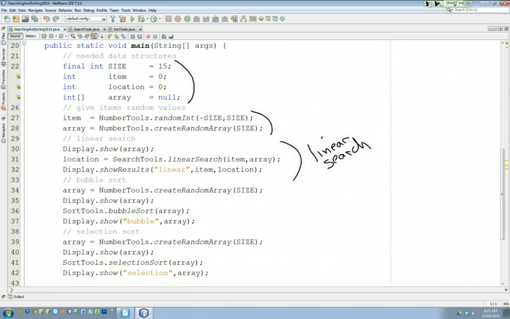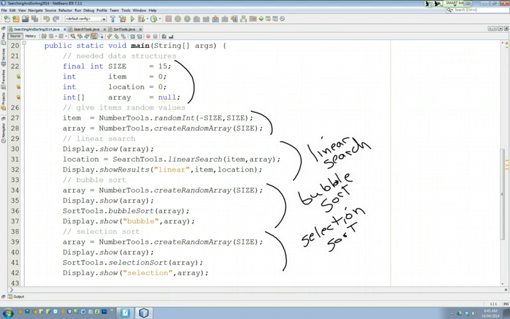Then we re-randomized the array and did the bubble sort algorithm. And the bubble sort is the simplest of the sort algorithms, though it's not the most efficient. Okay? And it's certainly not the most intuitive. Then we re-randomized the array and did the selection sort. Now the selection sort is actually the more intuitive algorithm. It's the way you would probably do it naturally. But the way we wrote the selection sort algorithm,